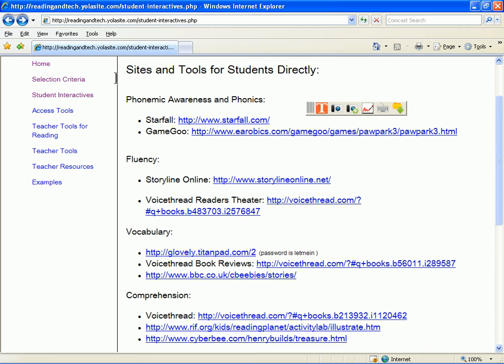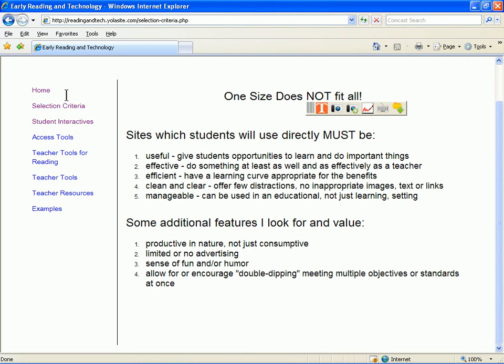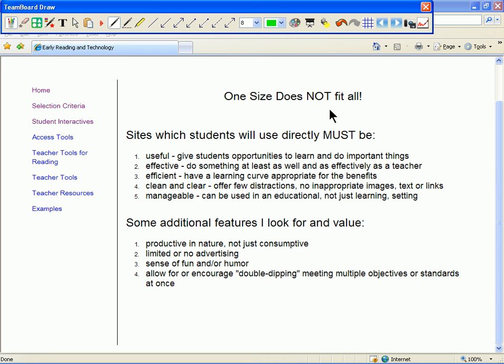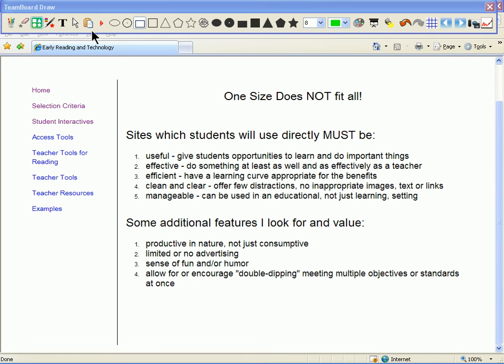Let's click on a link to go to another page on this site. Then I'll click the Full Screen Annotate button again. Once the image is captured into Draw, I can mark up the image. This time I'll select my Shape tool, and then select the Ellipse tool to draw an oval around an item